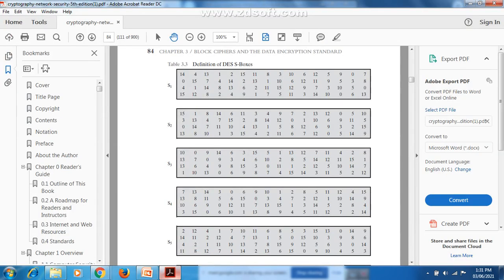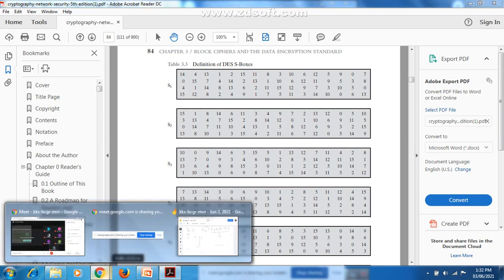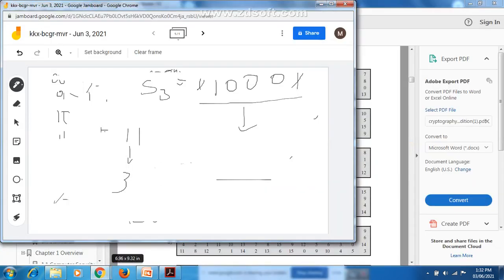This is the 6-bit input you are passing. How will it be interpreted to convert it into 4 bits? The first and last bit are used to indicate the row. What are the first and last bits? You are getting 1 1. That indicates this is the third row.